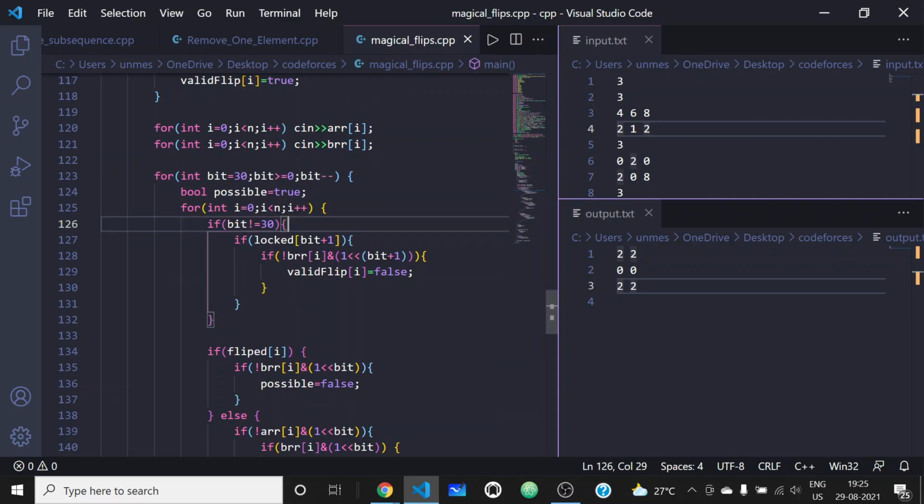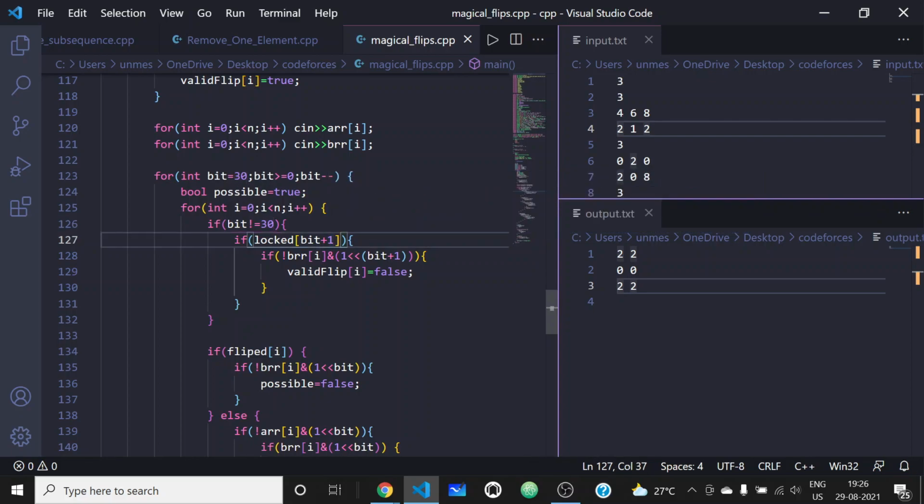So if the bit is not the last bit, I am using this last bit thing because to check whether the flip is valid or not, we are taking help of the previous bit. If the bit is the last bit, we don't have any previous bit. So if it is not the last bit, then we need to check whether the last bit is locked or not.